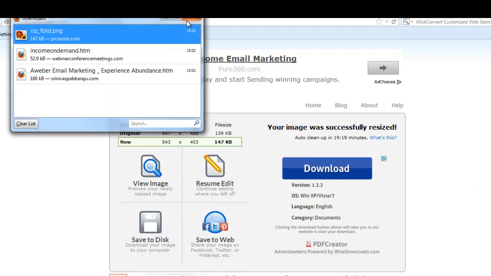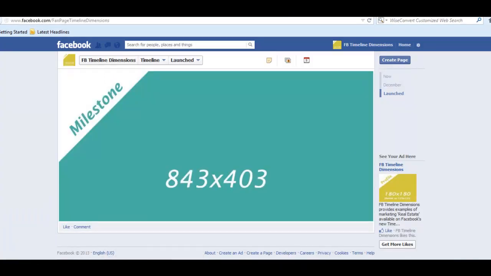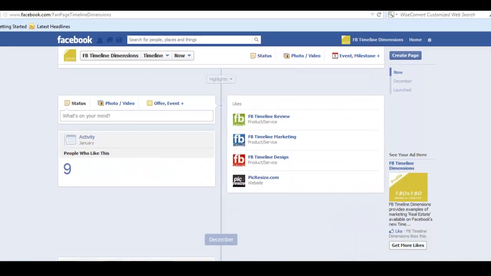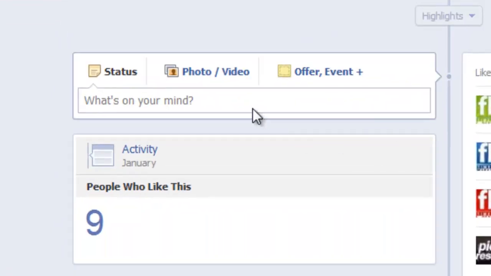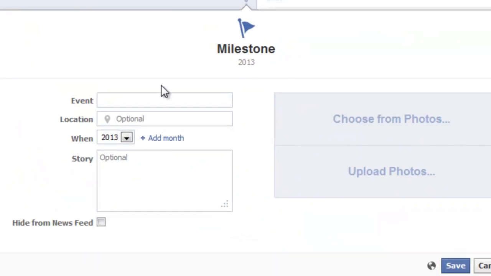Okay, so now we go back to the timeline and I want to write it and spread the word. So here I am at the top. Now what we do is we go up to the top right here where it says offer event, and then you see milestone. So you click on milestone. Alright, so here's the event or the milestone, and I can say 100 fans. And you can see it at the top there, it says it, and we say